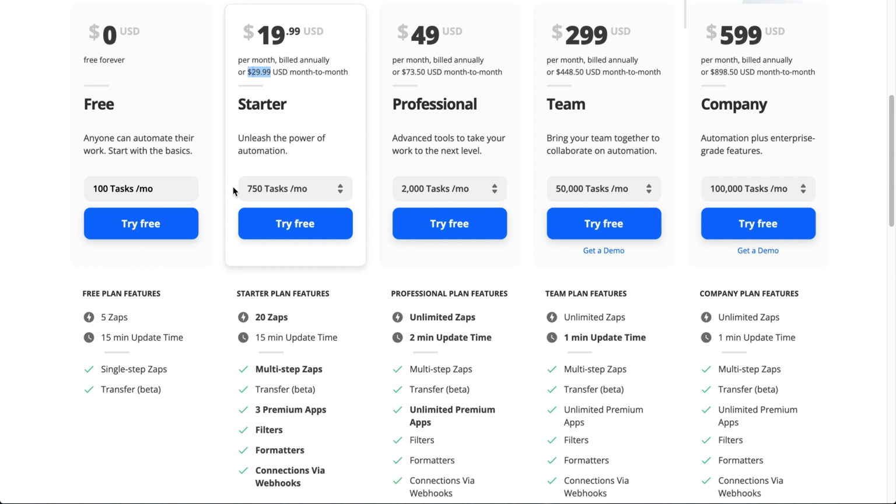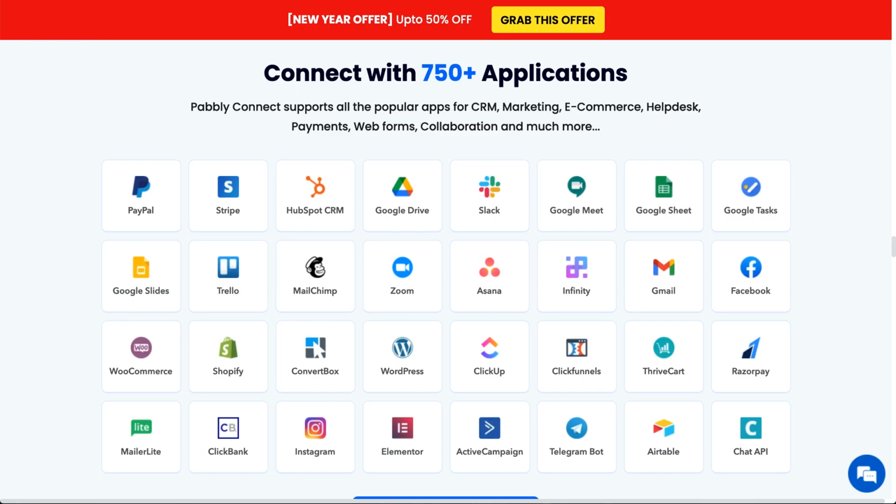But I want you to look at the Pabbly Connect pricing now. So again, Pabbly Connect, it's got over 750 applications. I will say Zapier probably has more, but with 750 applications, they're always growing, and you can see they have all the major stuff: PayPal, Stripe, Google Drive, Slack, Google Meet, Zoom, WooCommerce and Shopify.